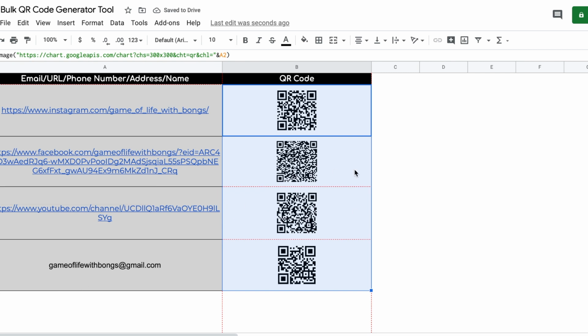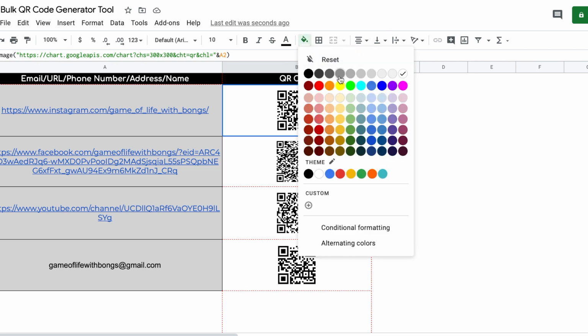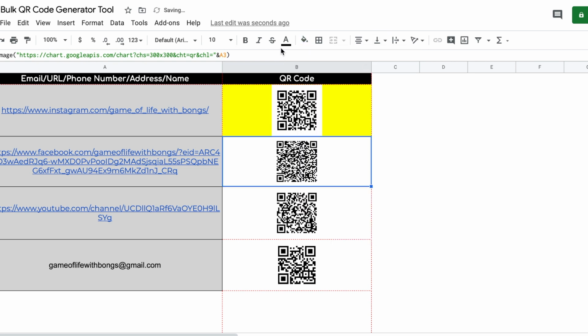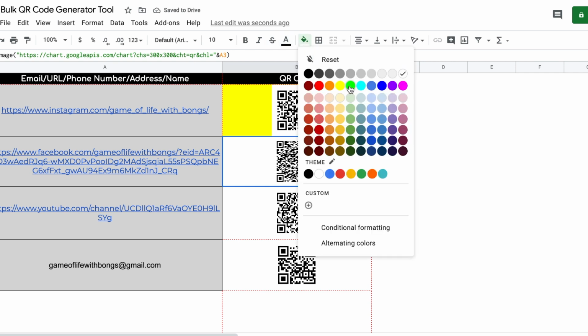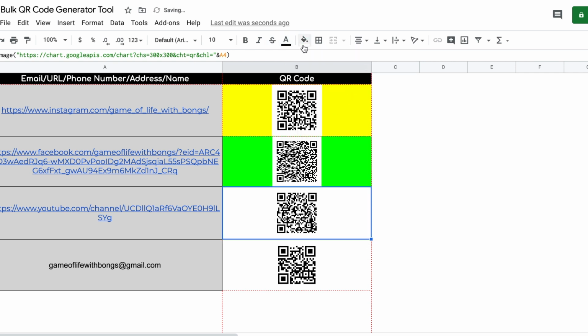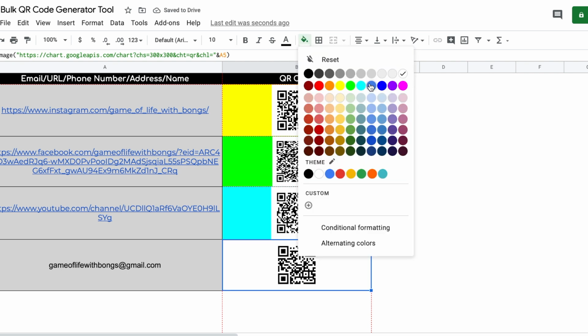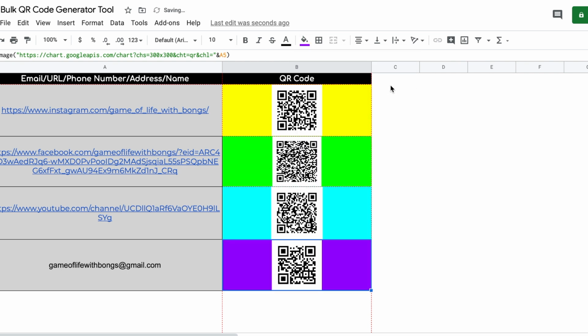I'll do some more formatting. Alright, this looks better now.